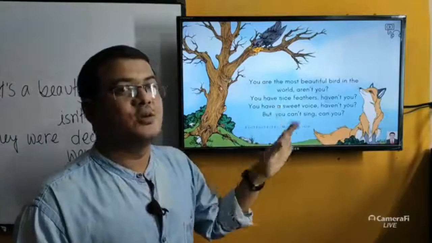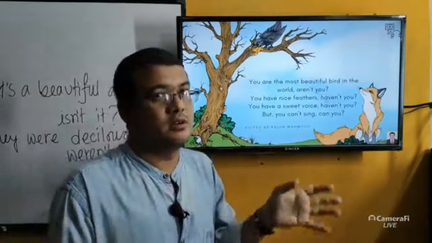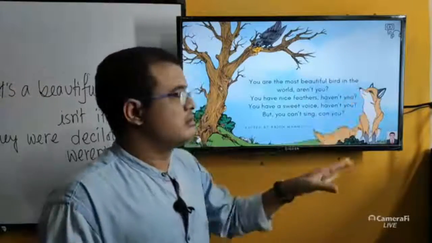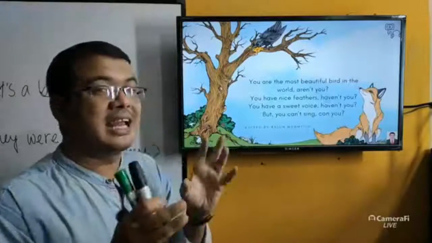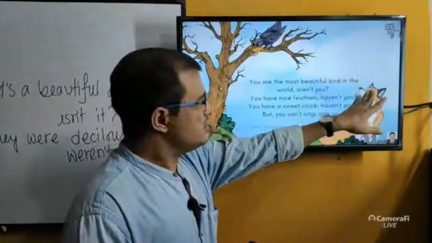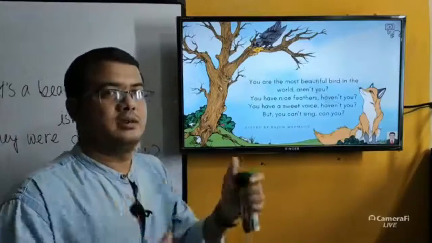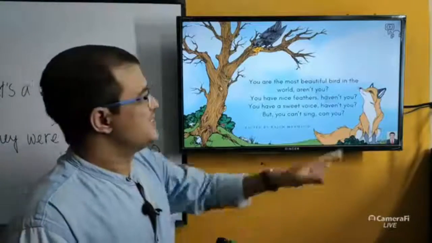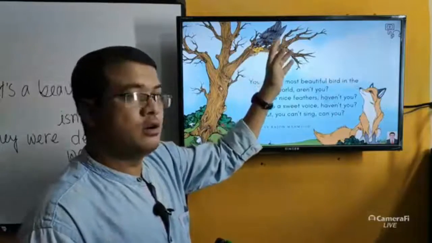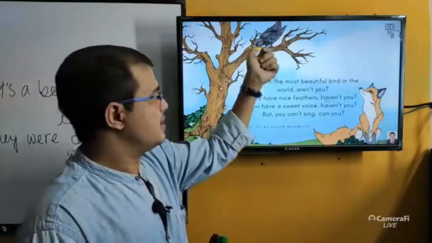So yes, it's a story about a fox and a crow, and we all know the story. Here we know that the fox is a very cunning, I mean a very clever animal. So the fox actually persuaded. Do you know the meaning of persuade? In Bangla we say potano. Okay, so the fox persuaded the crow so that he could have the meat